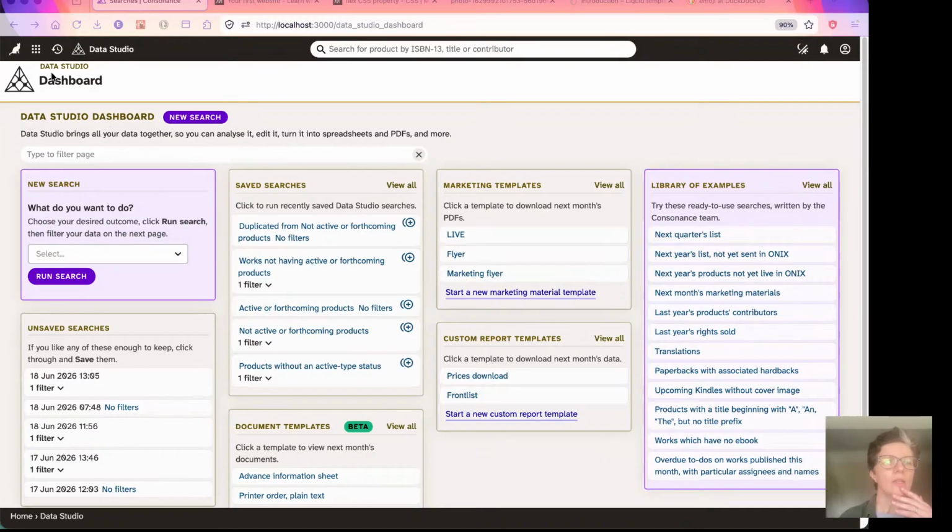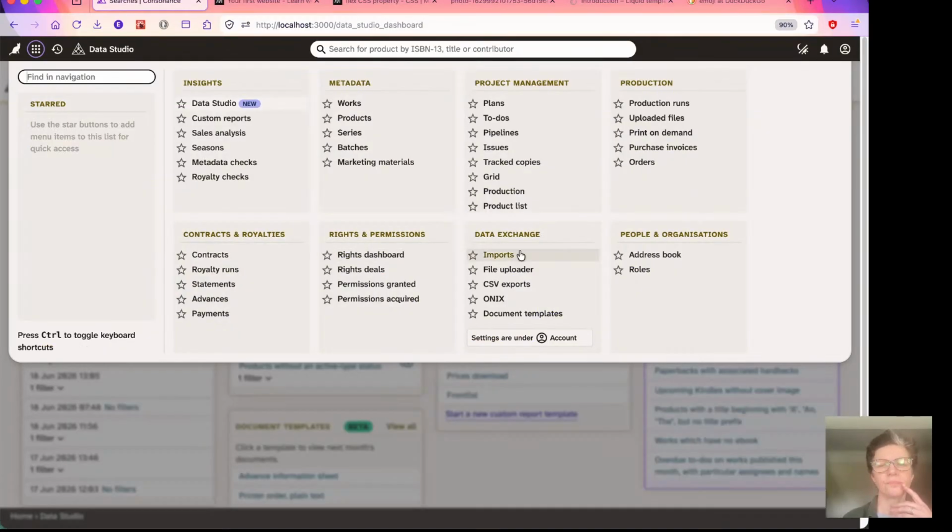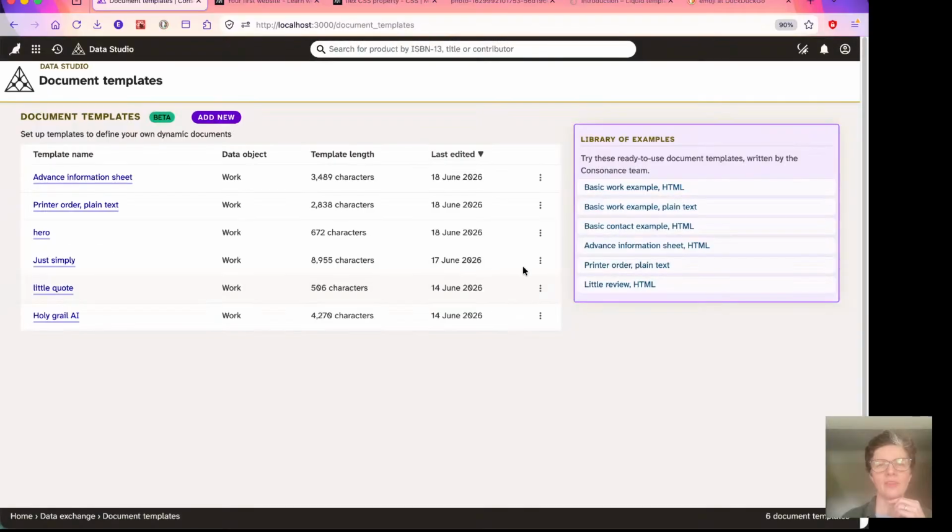We'll start on the main menu. And this will all have to be in the future conditional, won't it? We will have a new option on here in Data Exchange called Document Templates. And you will go to a new page, and this is an index page, and we've got a library of